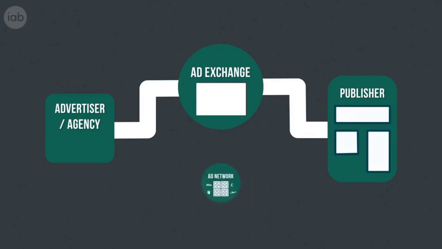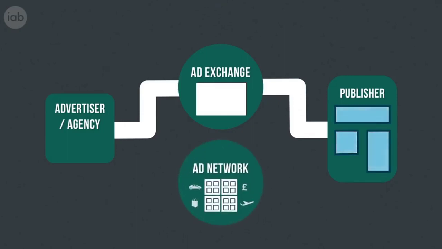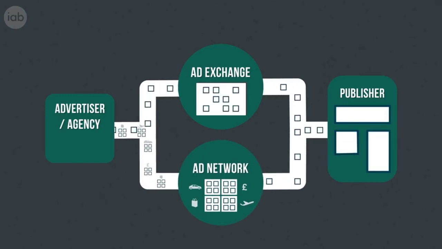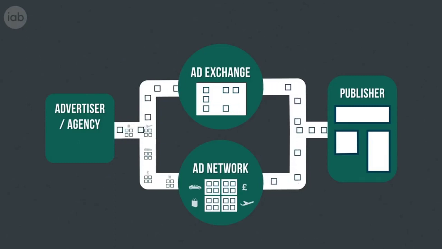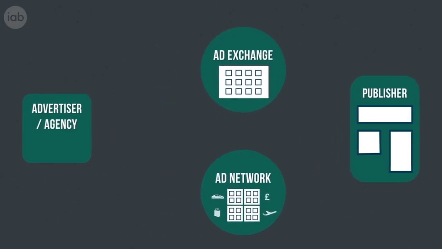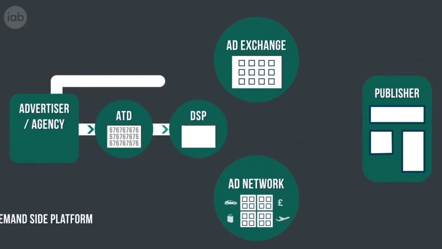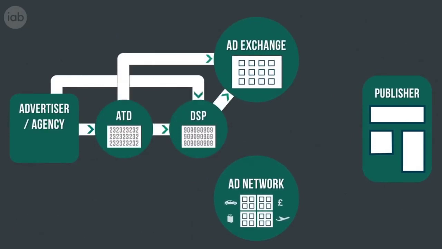So, impressions could now be bought in two ways: the ad network, where it was aggregated and packaged up, and the ad exchange, where there was the opportunity to buy a specific audience. Both buy and sell side saw a massive opportunity here to increase efficiency and use technology to help the process of buying and selling. Some agencies created their own proprietary agency trading desk or invested in demand-side platforms, which gave them the ability to trade on the ad exchange efficiently and in real time, using data to influence their decision-making.